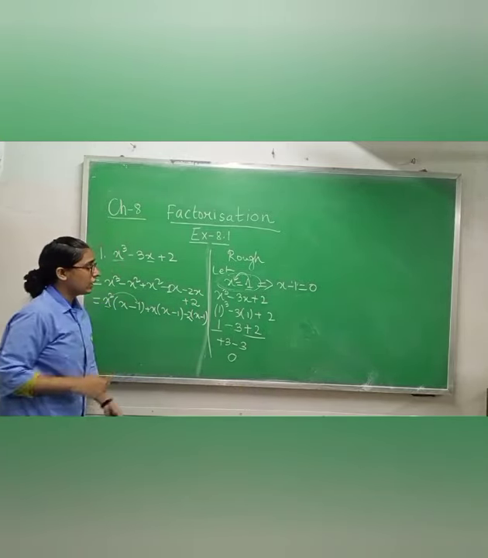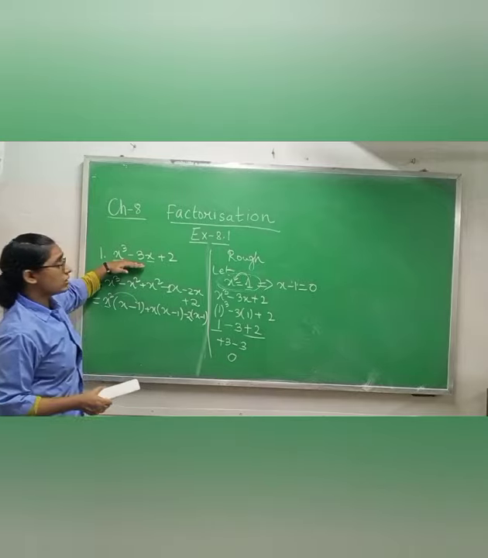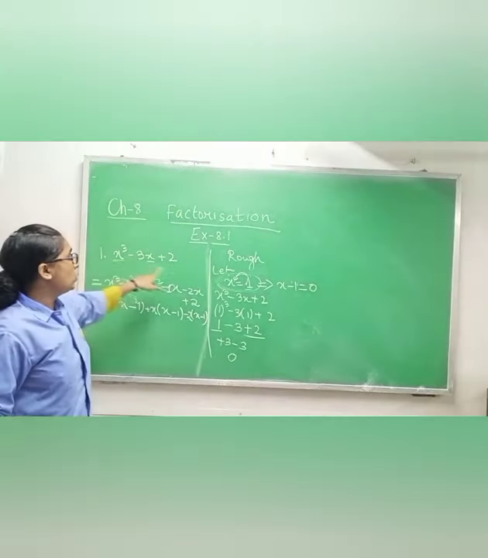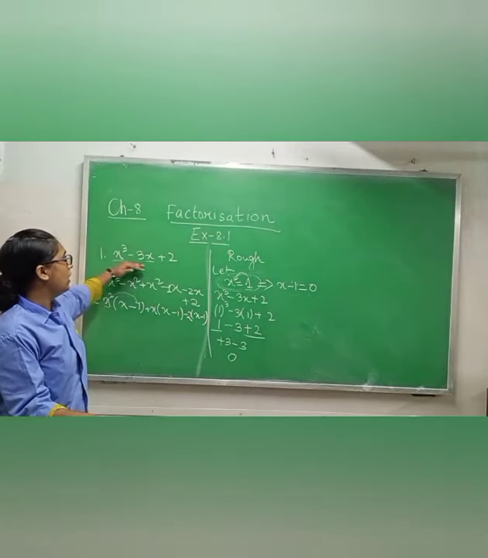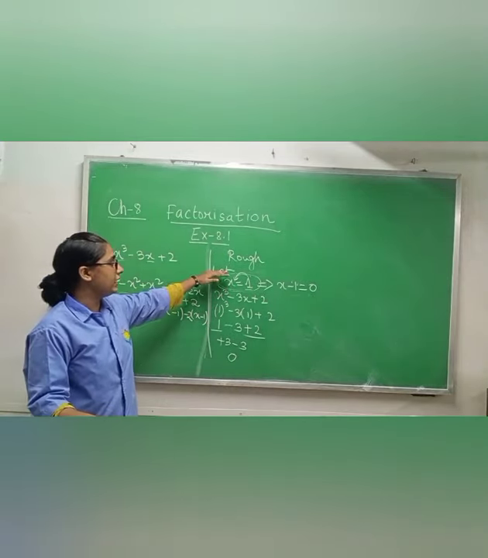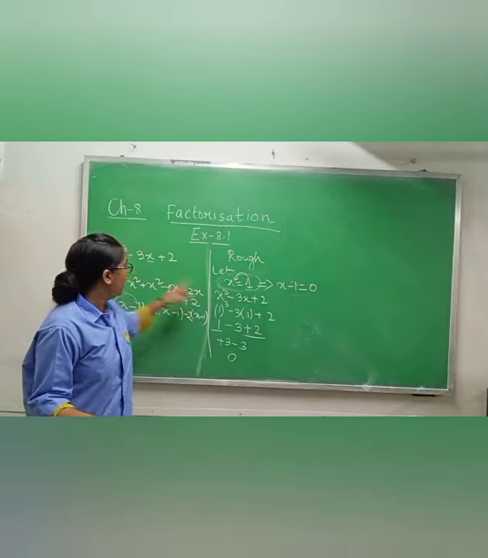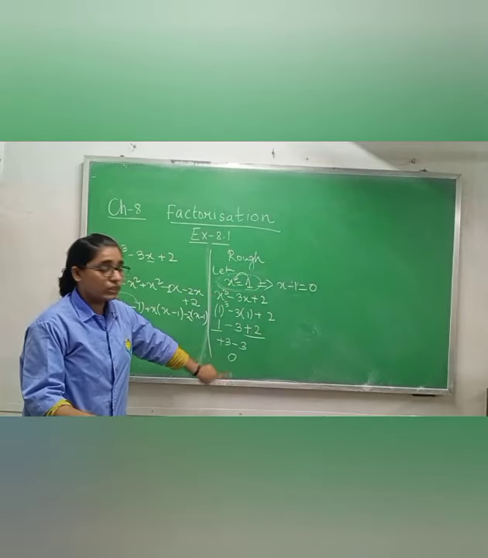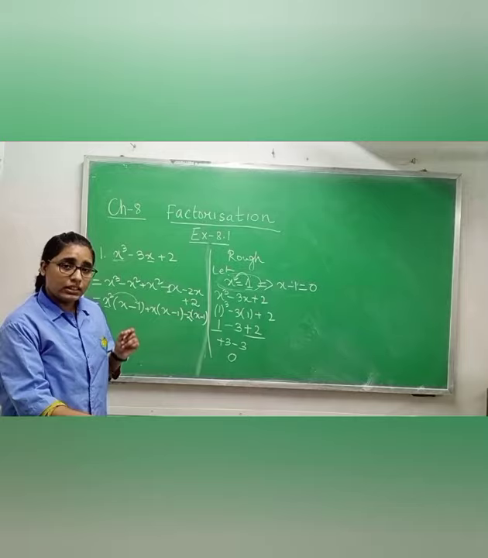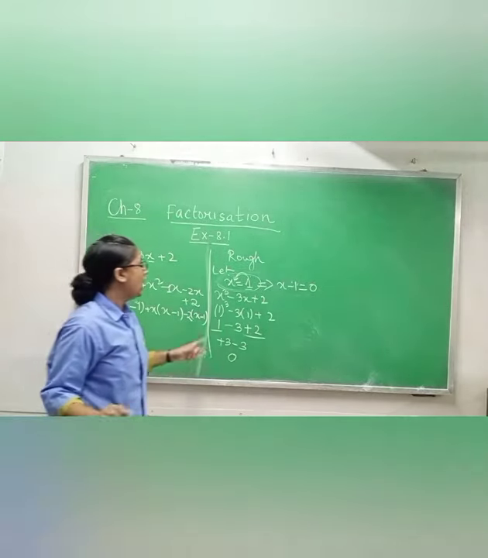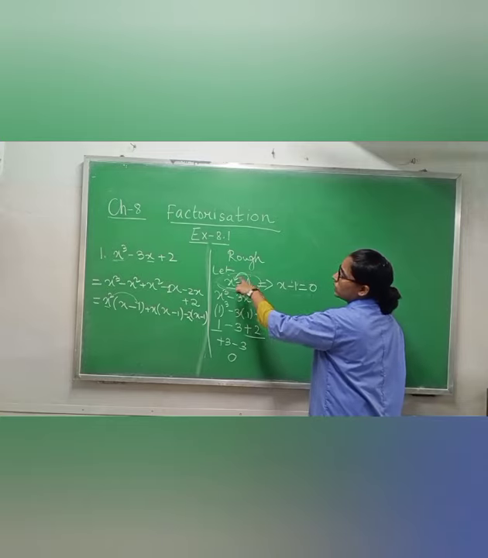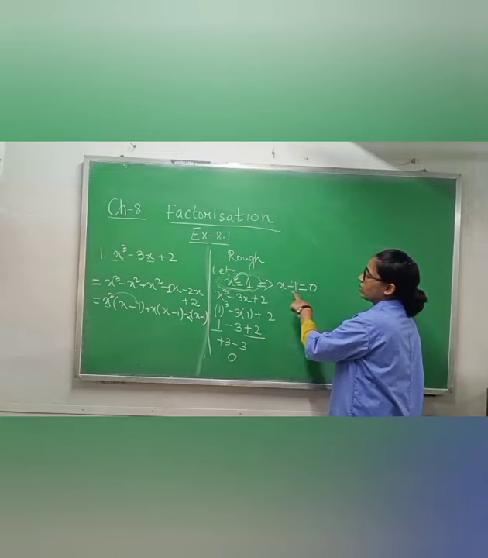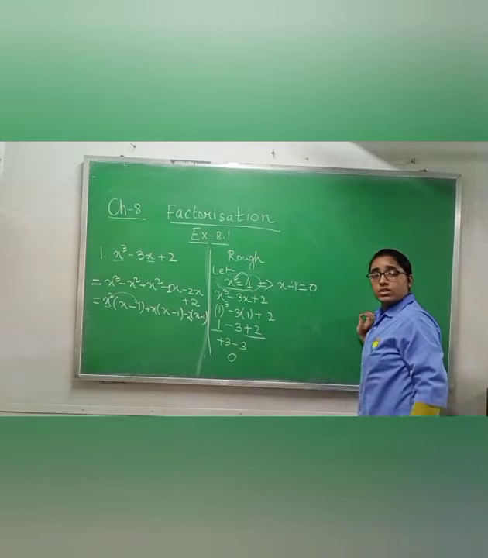Again I am repeating the thing. First of all, whatever factorization is given to you, for that you will let x value or a value or y value. In this question, the variable is x, that is why I am letting x equals 1. When I put this in, I am getting 0 in the last. If I am getting 0, then it is correct, we can proceed. Then x equals 1, plus 1 will go that side, it will become minus 1, means x minus 1 equals 0.